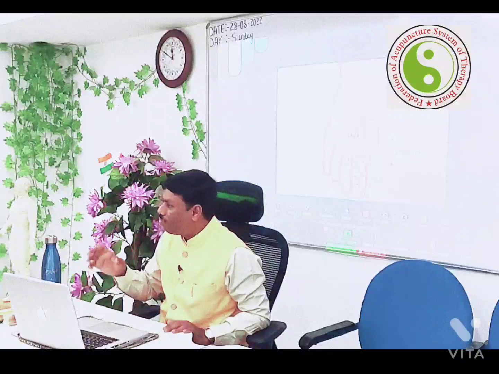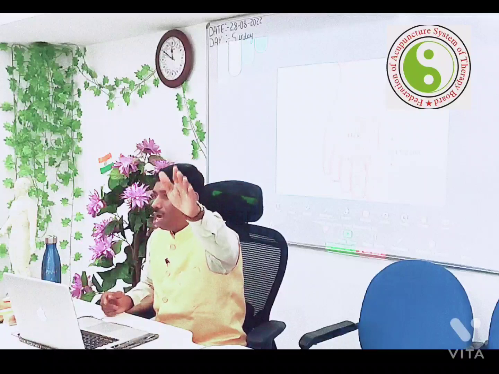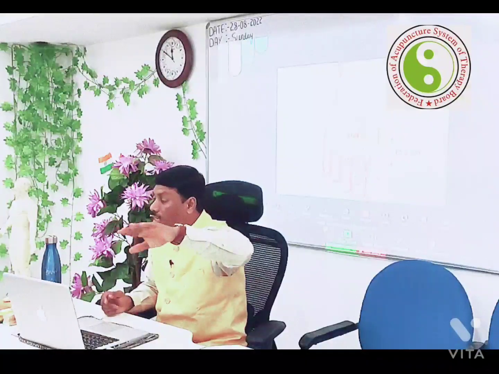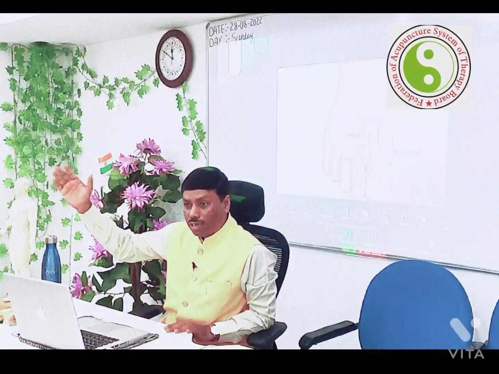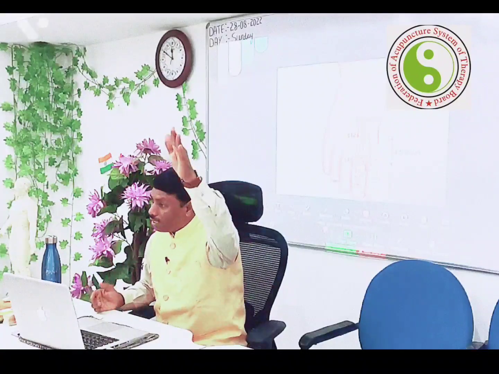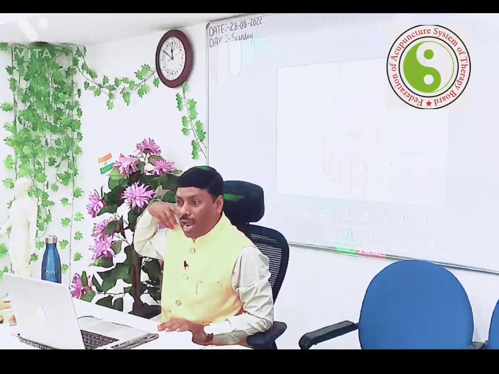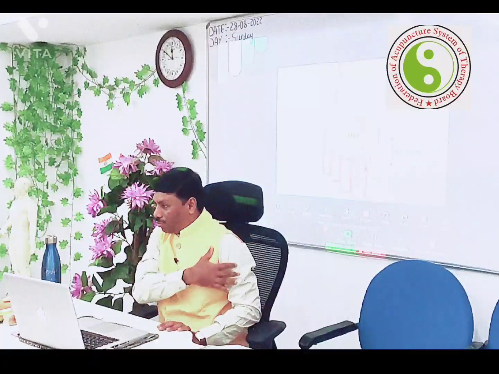Now the patient is coming to you and you cannot recognize the pathology. In that situation you just open up the 4 gates, the upper 2 gates and the lower 2 gates. That means one gate is open. For example, look at the KRS dam: so many gates exist. If you open at least 5 gates or 2 gates, survival can take place for several towns and villages, isn't it? In the similar way, when all the gates are open, the entire Karnataka or South Karnataka, and South India as well, will be taken care of.